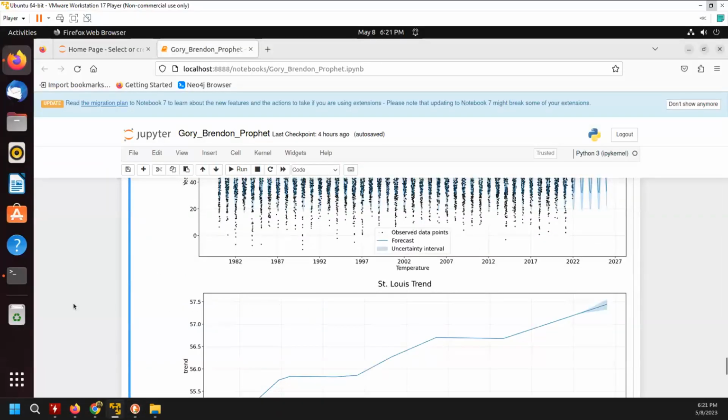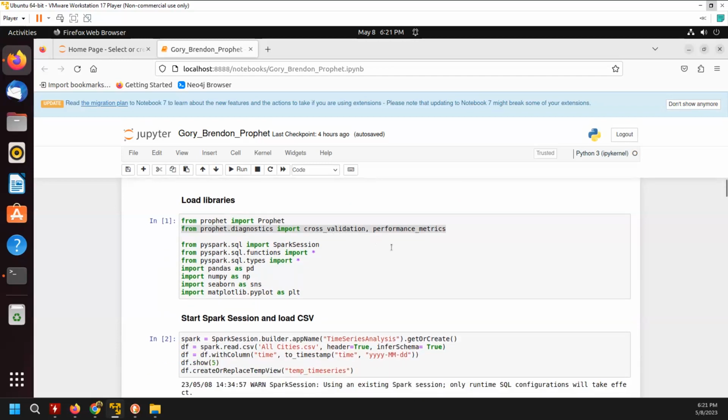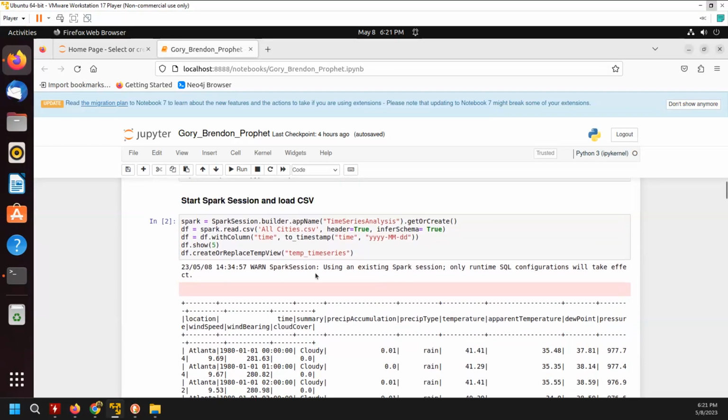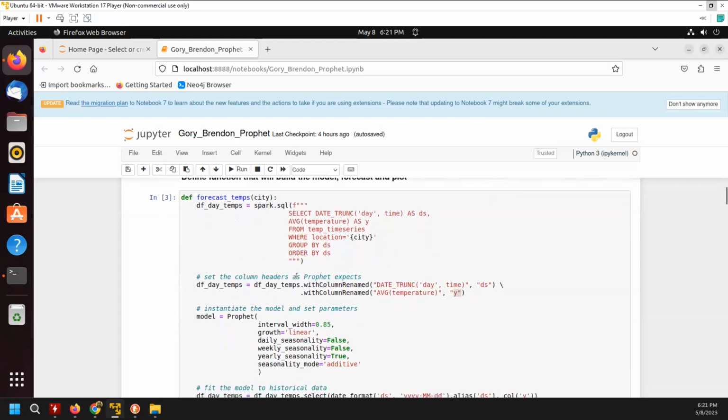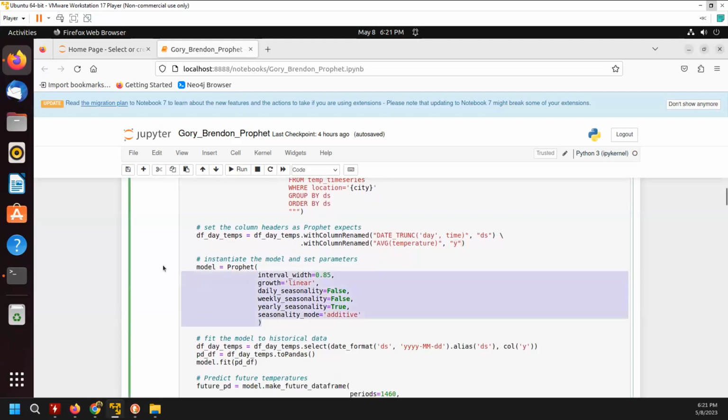Well, enter Prophet. So I'm going to switch over to my Ubuntu machine here with Python and Jupyter installed on it as well. And here we are going to import Prophet. And it comes with some nice validation tools as well. And we're going to start the process the same way. We're loading in a CSV file, and we're going to define a function here for Prophet. And we're going to fit the model. And the model here, we're going to say that's a linear growth. Some of the parameters you can find in documentation online.